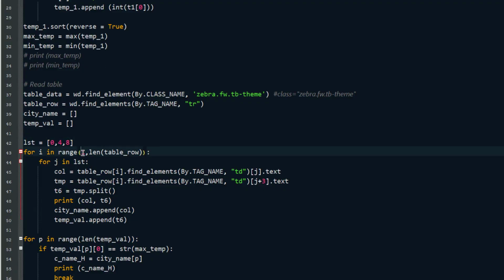And with every iteration I wanted to find the td, that is table data, and then convert it into text. This j will just iterate through 0, 4, 8.